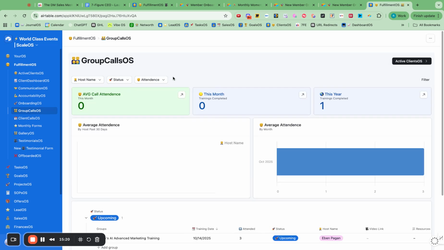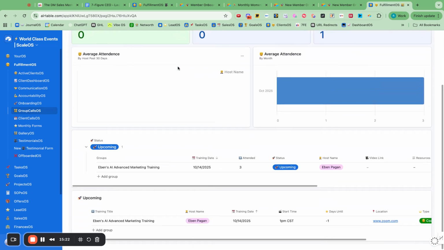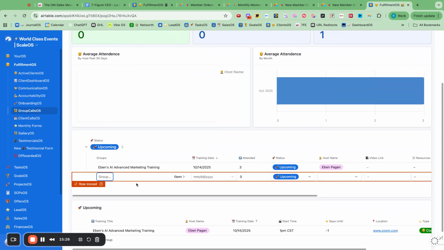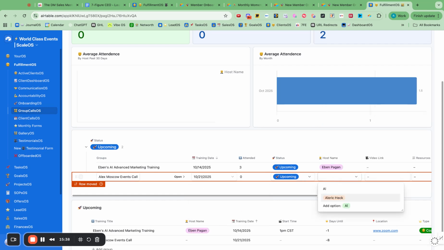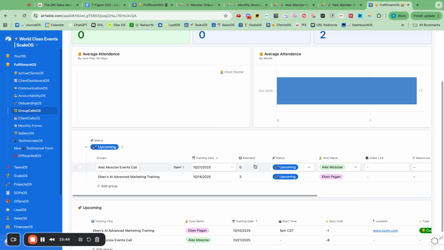Then outline your group calls. So inside here, just go into upcoming calls. Let's say the next one is Alex Moscow events call. And let's say that's on the 21st. And put in who's hosting that. Alex Moscow. Cool. And then you can see the upcoming calls when they are. When it's moved to complete,